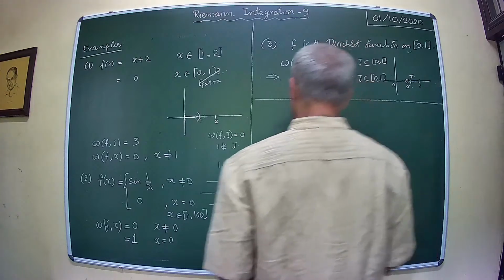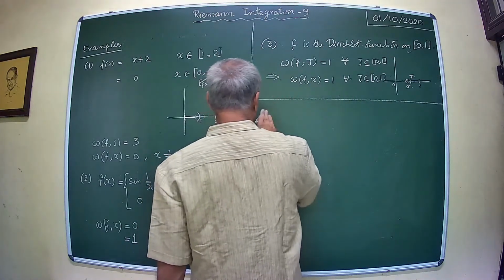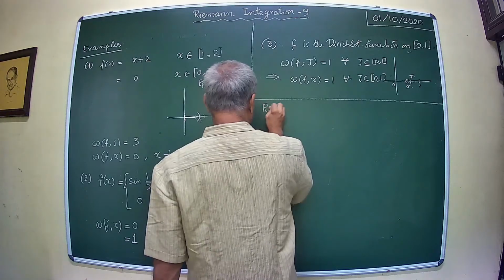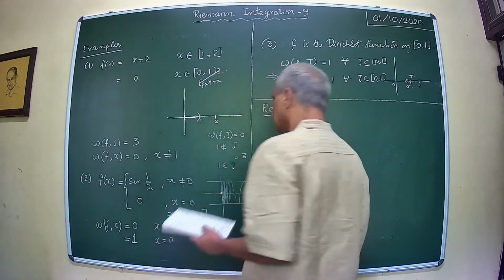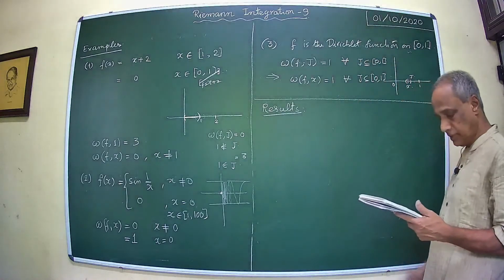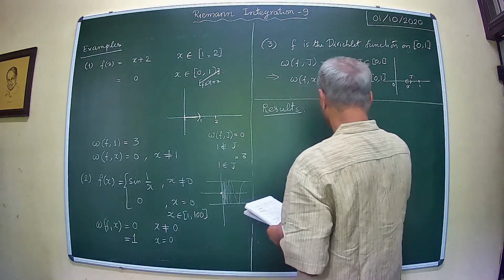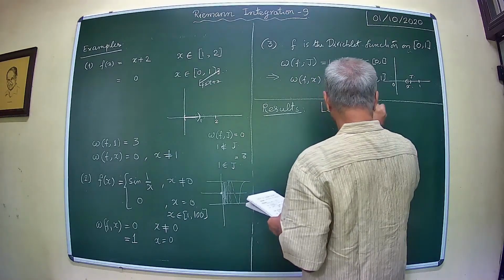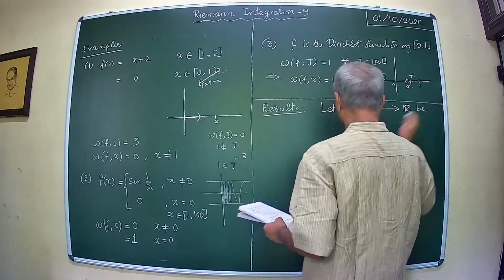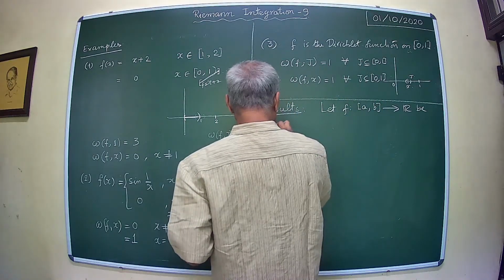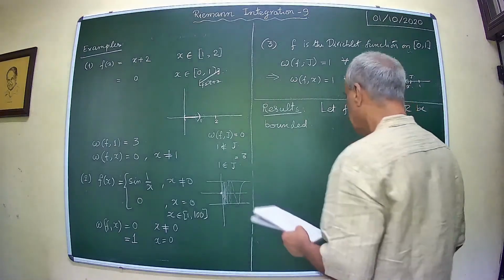So we have some results. I leave it to you to prove these results because these are very straightforward. Let f from AB to R be bounded. Then